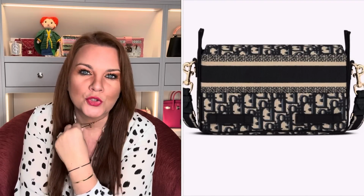Number 12, the small Dior camp bag. This is kind of like a satchel. I think for me, I probably wouldn't pull this off. I don't know if my aesthetic would work with this. I do think you could make it work if you had a certain dress style. I think it'd be quite cool and quite quirky. Obviously it's the satchel bag, a bit like a school bag, but this is a ridiculous price for a school